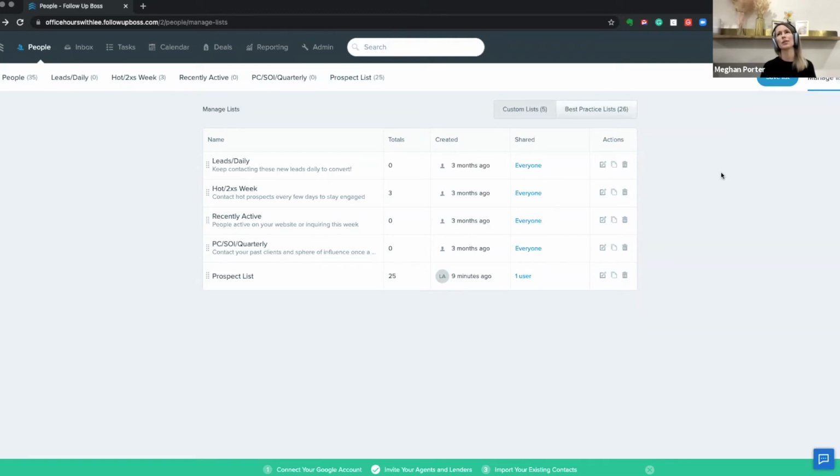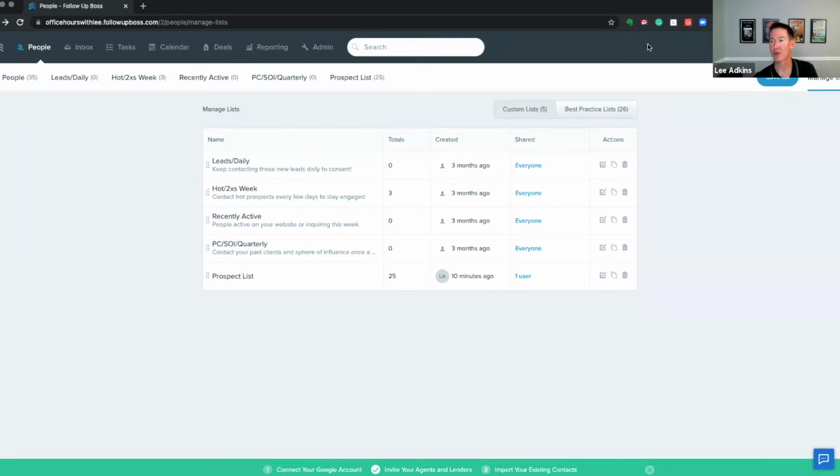The reason we always suggest that is because if everybody shared everything they create, good, bad, sometimes ugly, right? It's like then all of a sudden there's hundreds of templates and nobody knows what's what, and that sort of thing. Same thing with smart lists. So, very quickly you can have 50 smart lists and they're not usable anymore. And also, I think I said this a few times before, but just having a really good naming system, name it what it is and be ultra clear with what that is, whether it's a stage or a smart list or a custom field drop down. Just being really, really clear about that.